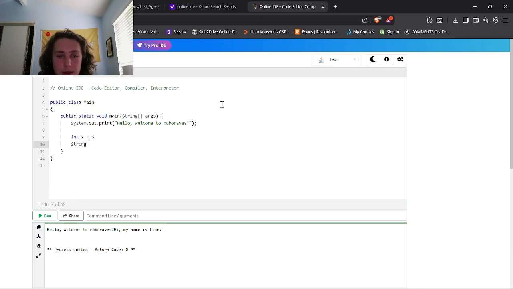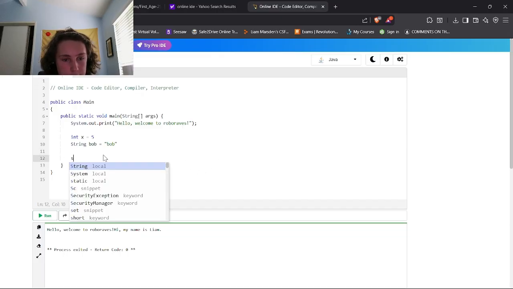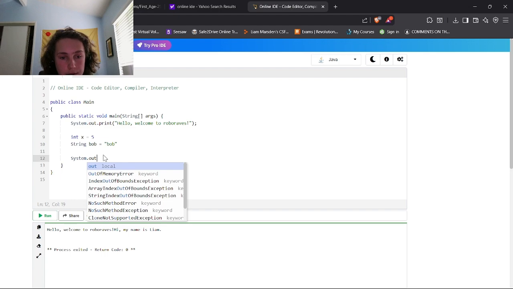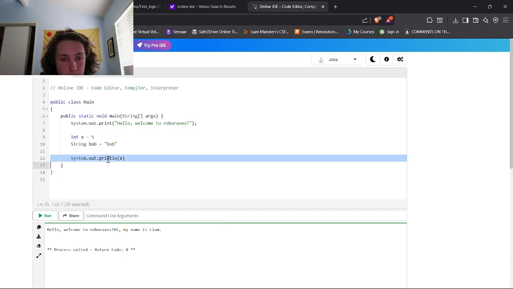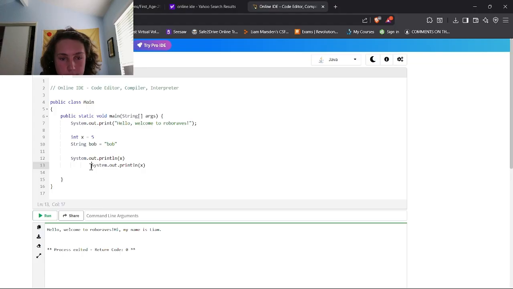unlike the primitive data types. Non-primitive data types, like strings, have to be capitalized. We'll do String Bob equals, and then in quotation marks, Bob. And then what we will do is, let's just type it. System.out.println, and then we'll put x, and then we'll grab that line, copy and paste it, and then